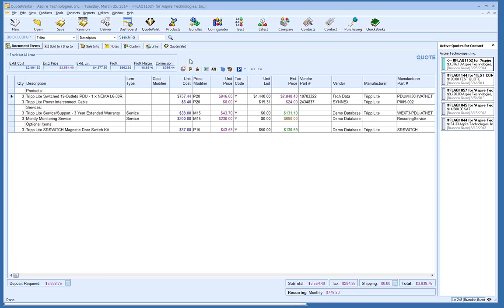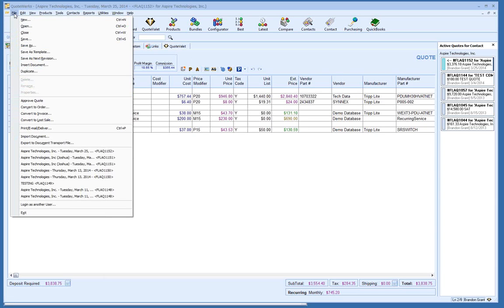If you're not using QuoteValet, that's fine. It's very easy to convert a quote to an order. You're simply going to go under the File menu, and then there's an option for Convert to Order. So again, if you're using QuoteValet, it'll prompt you automatically. If you're not using QuoteValet, simply go under File, Convert to Order. You can also use Convert to Invoice too. Most everyone uses Convert to Order, but if you're using Convert to Invoice, it's going to do essentially the same